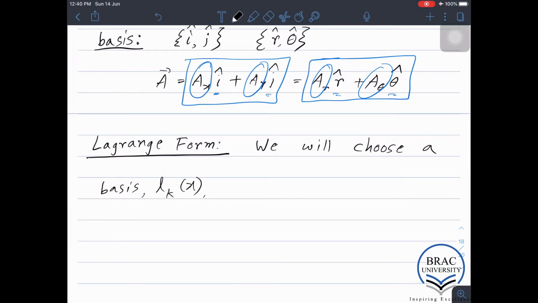Let me remind you that Pn of x, which is a polynomial of degree n, belongs to a vector space of dimension n plus 1. So the basis will have n plus 1 elements. We will choose a basis Lk, where L stands for Lagrange, such that